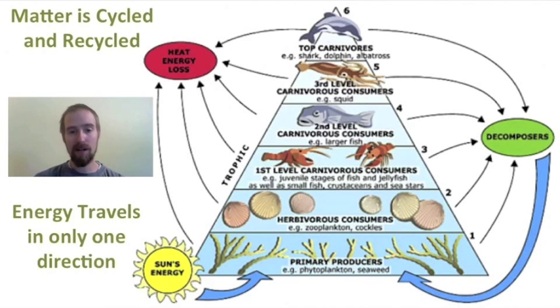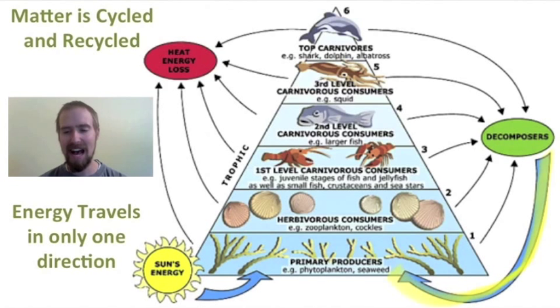And the way matter is moved around in an ecosystem is similar but also fairly distinct from the way that energy is moved around in an ecosystem. And in this figure here, we can see this difference illustrated to us. And it has a lot to do with these big blue arrows at the bottom and sides of our screen. So here we can see the decomposers doing that job I just talked about, putting that matter back down into the bottom of the food chain so that it can be moved through again.